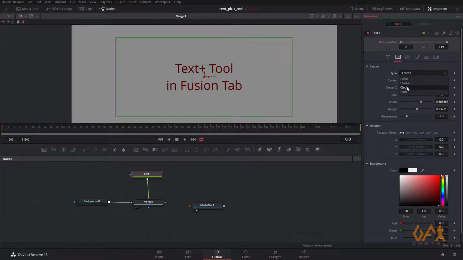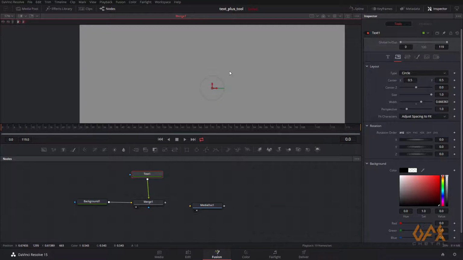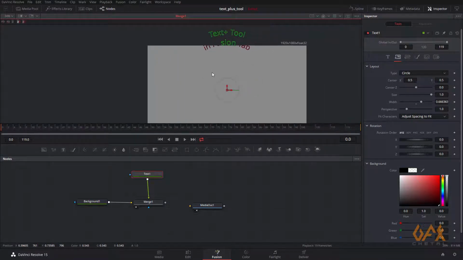Now I go to circle. So here you feel one virtual circle on which my text is set. If I change the width of my text like this, now you see the size is different, but this width is basically the diameter of this particular virtual circle on which your text belongs.